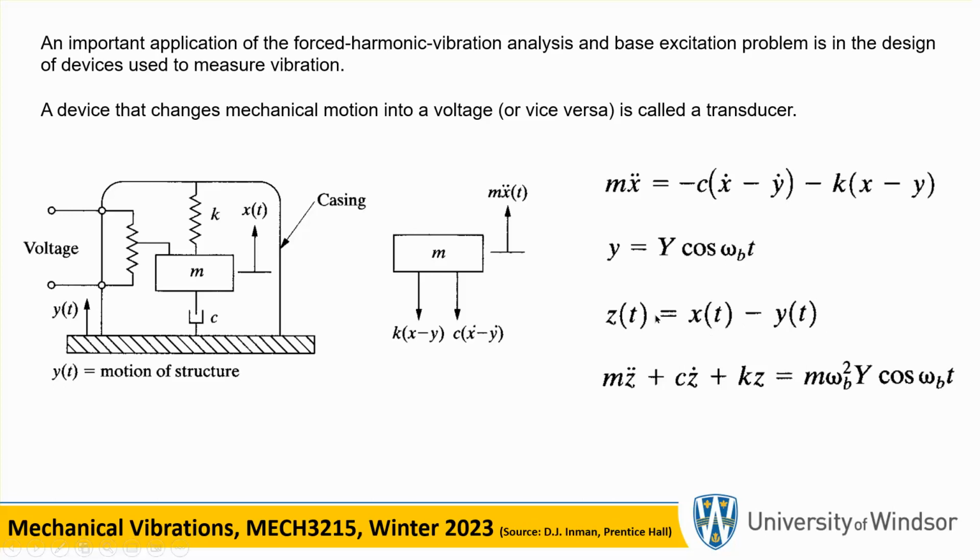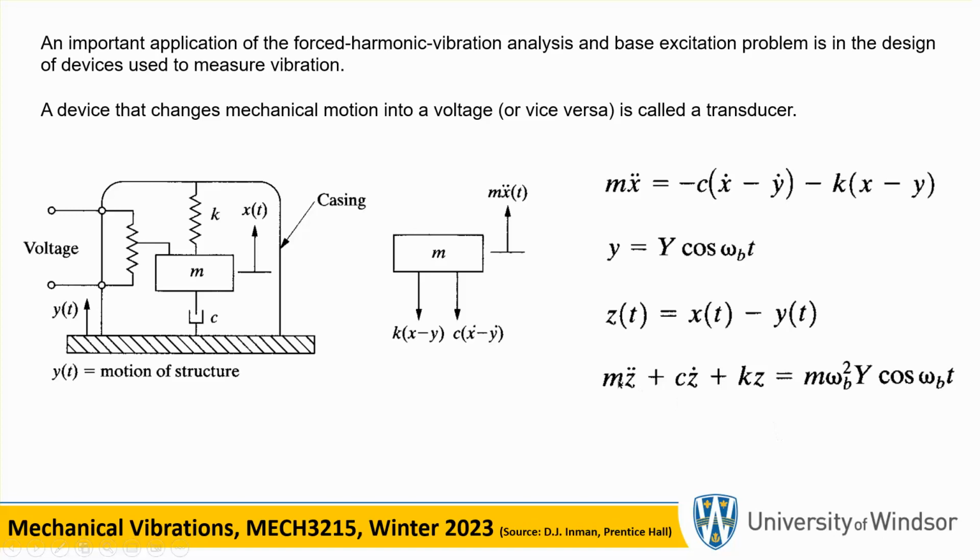x double dot is simply z double dot plus y double dot. So we get rid of that x double dot by replacing it with z double dot plus y double dot. And remember, y double dot, the second derivative of this thing, is just the derivative of cosine twice. That's why you're going to get cosine back. And there's going to be omega b coming out twice, so it's going to have omega b squared. Okay, and that m is coming from the fact that we replace this x double dot with z double dot